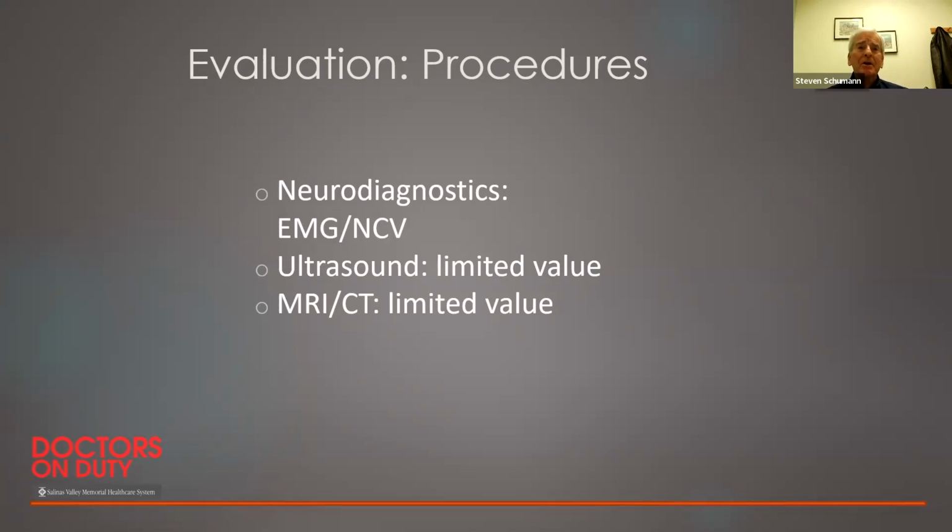You need to have something in mind, an actual working diagnosis that you're trying to rule in or rule out. Generally for repetitive strain injuries, upper extremity imaging is of limited value, but occasionally is. MRI and CT are also of limited value, but sometimes can be useful depending upon your working diagnosis, the specific condition you're trying to rule in or rule out. So you may choose to use imaging, but it needs to be specific for a particular working diagnosis.